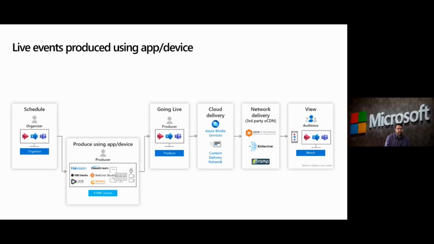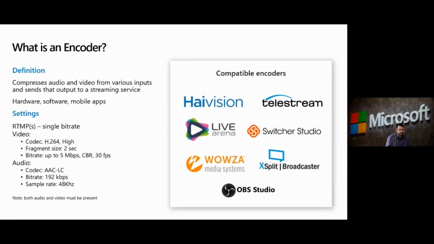So to dive in a little bit more about what an encoder is, okay? Think of it as we're taking all the mixing and mashing that we do in the client, and all of our codecs and processing in Teams, and delivering that to the service. What we're doing is using that box to capture all the audio and video, however you want to pull those media pieces together, and send that out in a single bitrate video and audio stream to the service, okay?